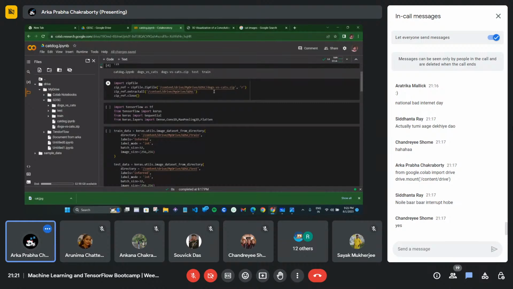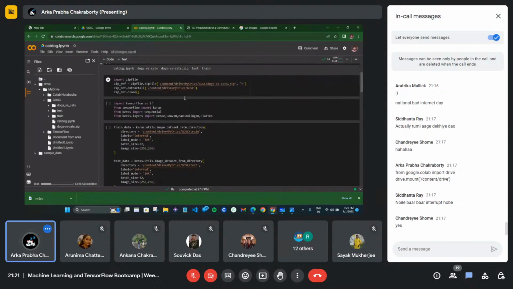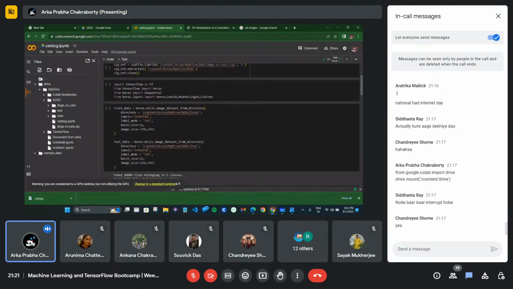There are other methods also, like write byte mode, WB. But now you just have to read the zip file to extract all the files. Then extract where you want to extract. I have created my folder named GDSC, that's why I'm giving this folder. See, your folder location name is very important, right? So now I'm closing the function.